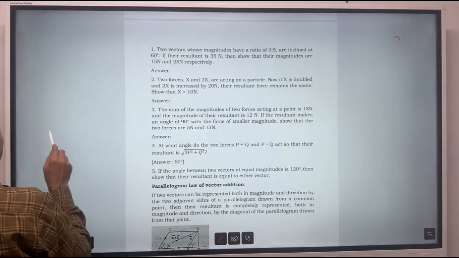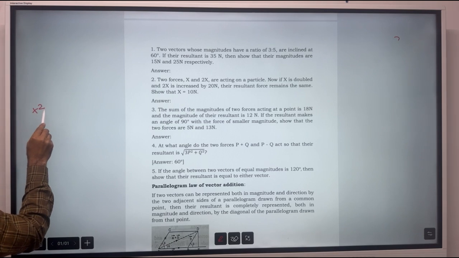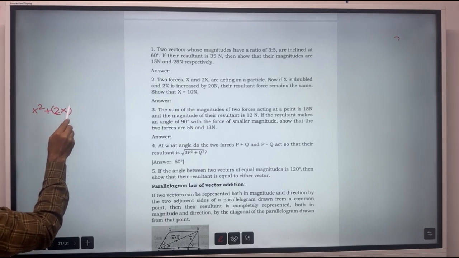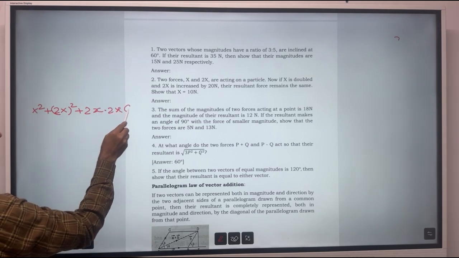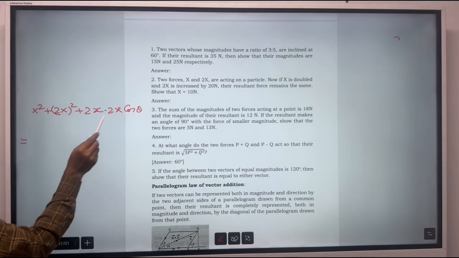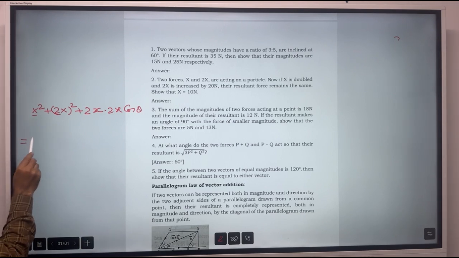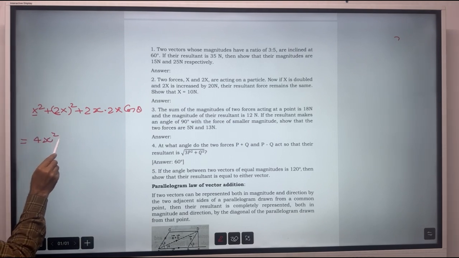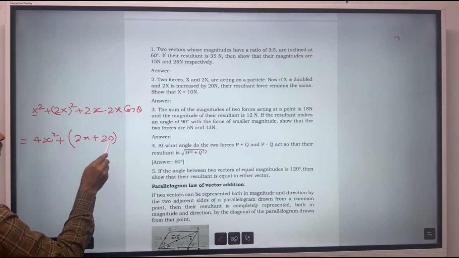So what you can do is square the resultants in the two cases. It will be x square plus (2x) whole square plus twice of x into 2x into cos theta must be equal to, the first one is doubled as written in the question. Now if the first one is doubled, so if we make it 2x, it will be 4x square plus the second one becomes (2x plus 20) whole square